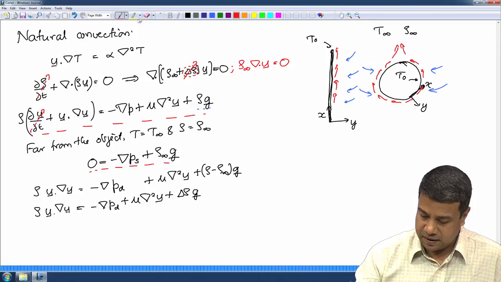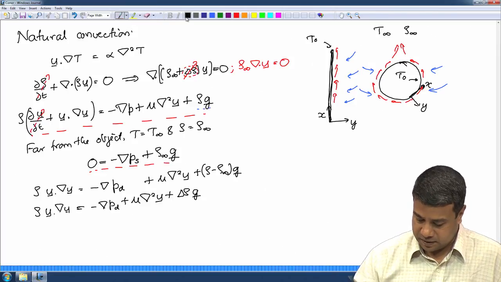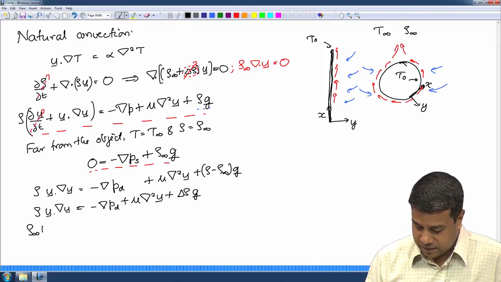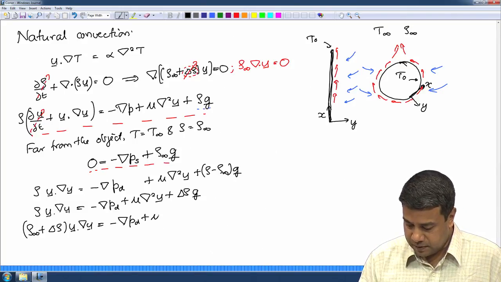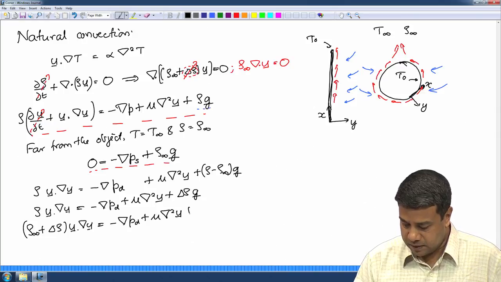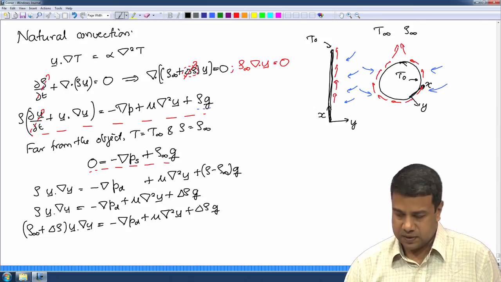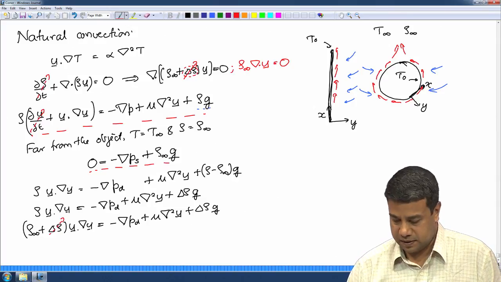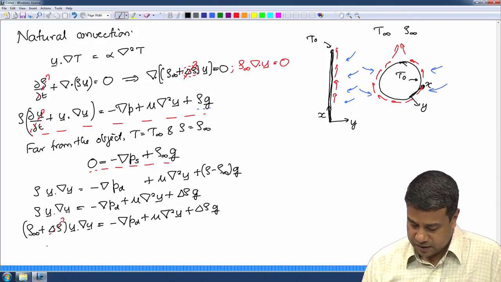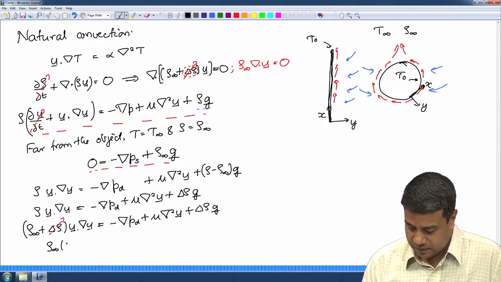I can do a similar thing in the momentum conservation equation. I can write this as rho infinity plus delta rho into u dot grad u is equal to minus gradient of the dynamic pressure plus mu del square u plus delta rho times g. Once again, if delta rho is small compared to rho infinity, this can be neglected. So, basically the momentum conservation equation reduces to rho infinity into u dot grad u